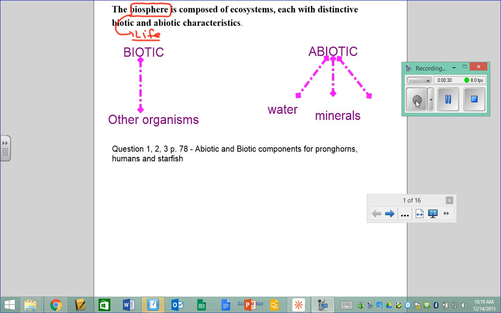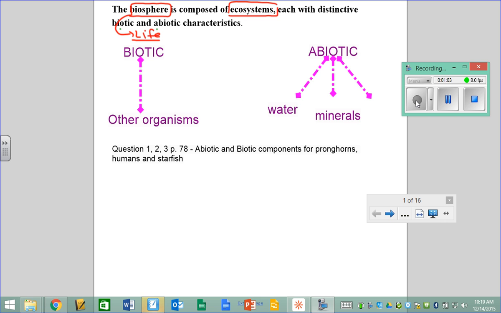And if we were to take the biosphere and sort of split it up into smaller categories, that is where we get ecosystems. Now, ecosystem is probably a word that you've heard a bunch of times before. You're probably familiar with things like the tropical rainforest and the tundra. Those are examples of ecosystems. We're not going to focus on the categories necessarily. That might have been what you have done in the past. We're going to focus on the things that make up each of these ecosystems.